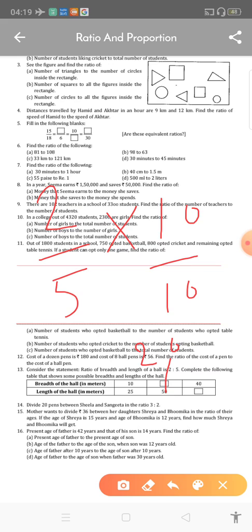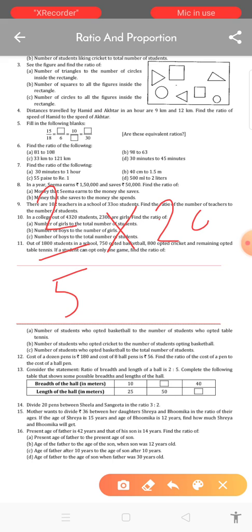So our given ratio is 2:5. You can write 2:5 as 2/5, and we multiply both numerator and denominator by 20, okay, 20/20. So we obtain 40/100. Okay, so in this way we fill the second bracket. The second rectangle box is 100. So let's see how to solve it.